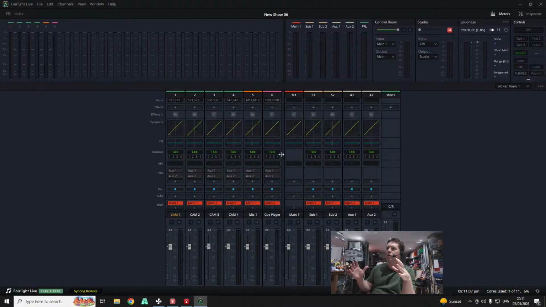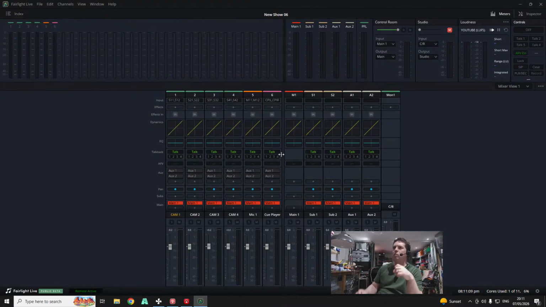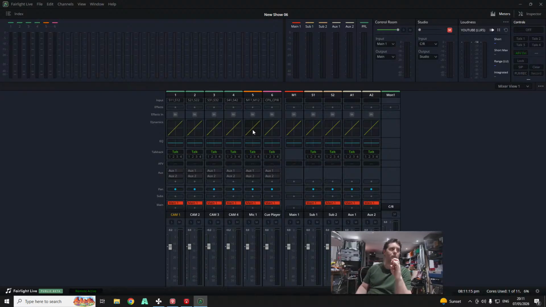And it will create me like a project that replicates the inputs, outputs, etc. And it's patched them all already as well for me. So this is my little mixer. You can see my